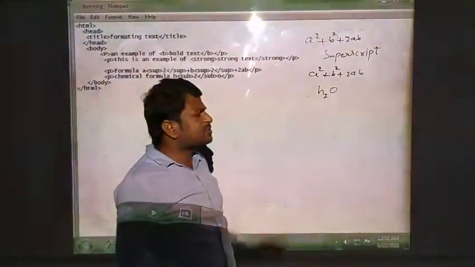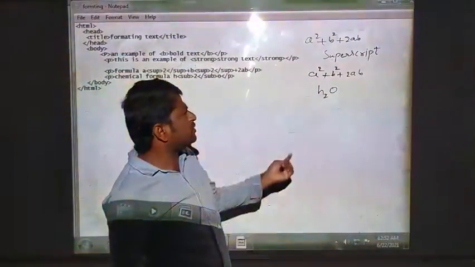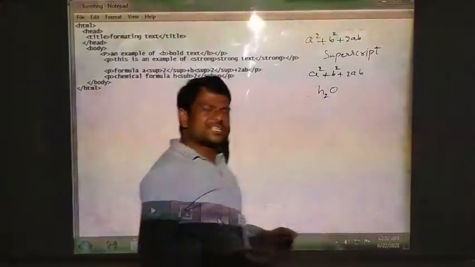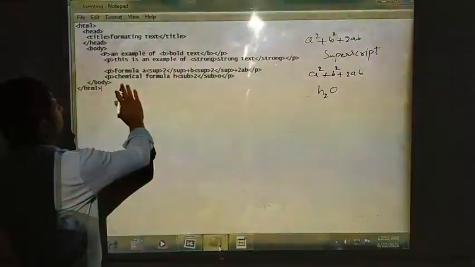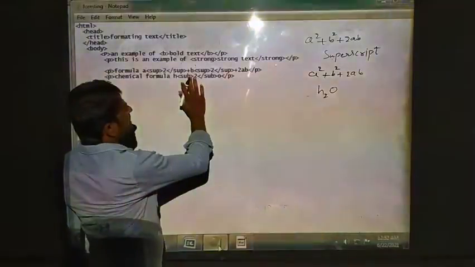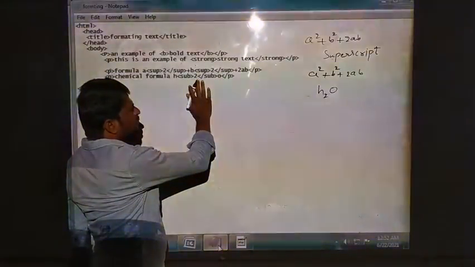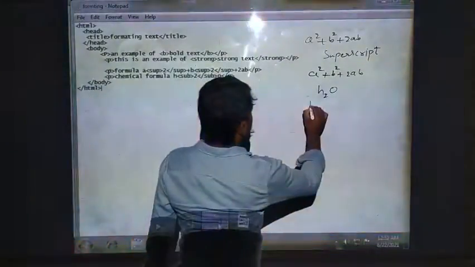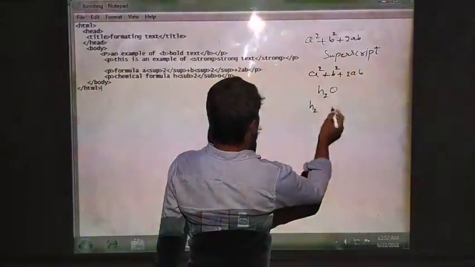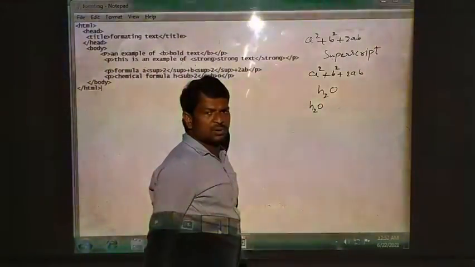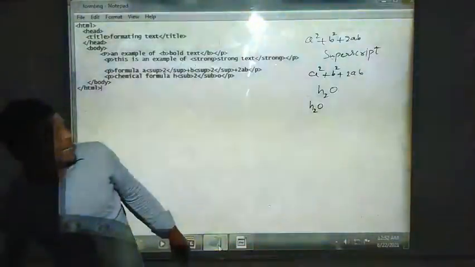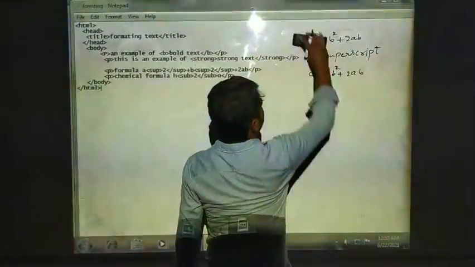No. Even using MS Word also you cannot write. There also you have to use superscript and subscript to display our web page. So here sub open tag to close tag means H to O. Okay, this will be displayed on your web page.